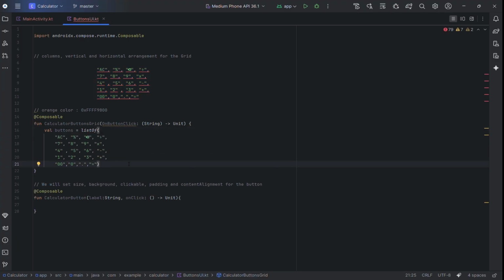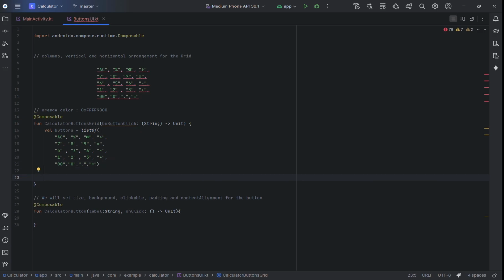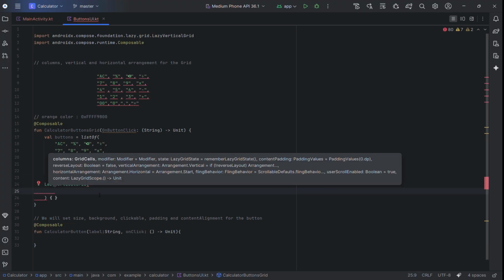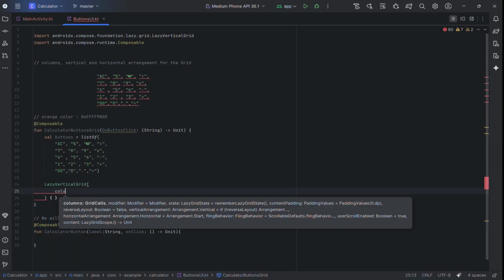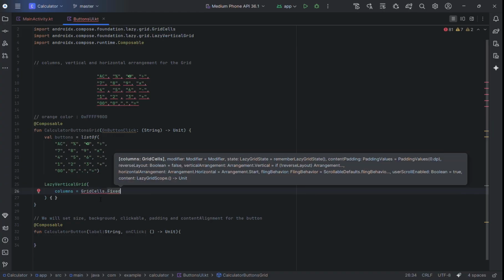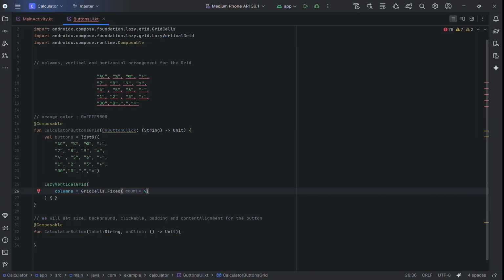Okay. And after that, we're gonna need a lazy vertical grid. Columns, grid cells, fixed, and 4, as you can see, 4 columns, 1, 2, 3, 4, and